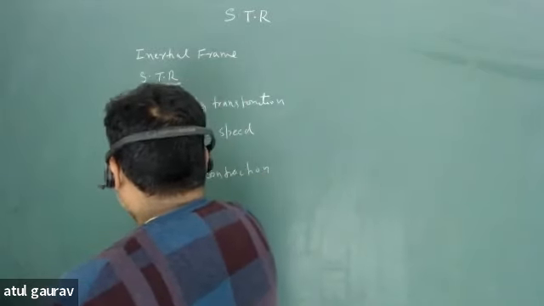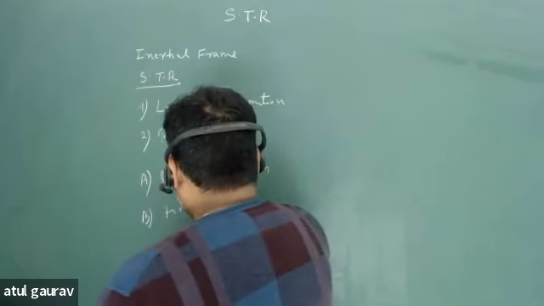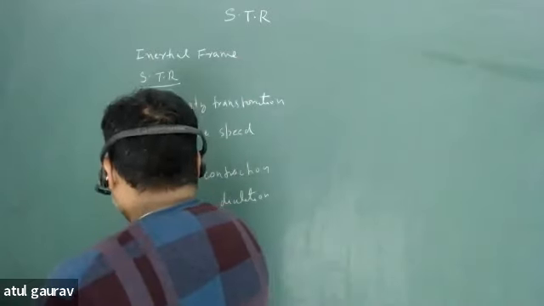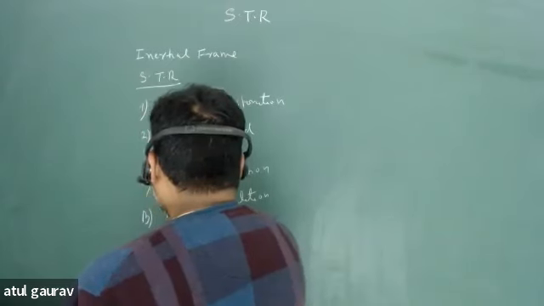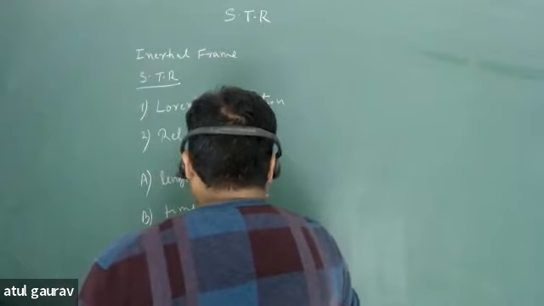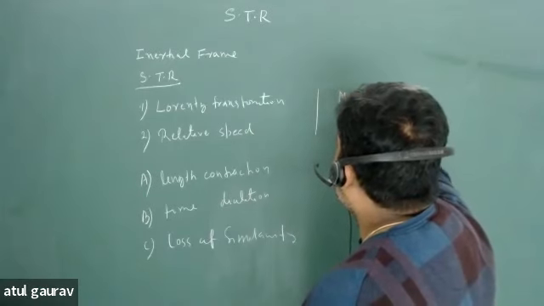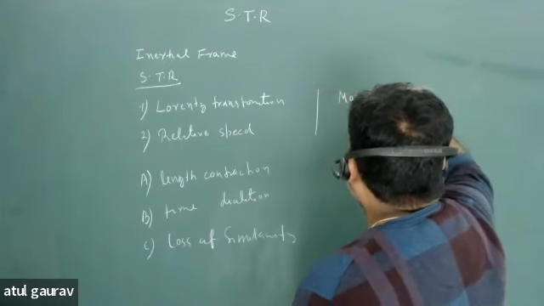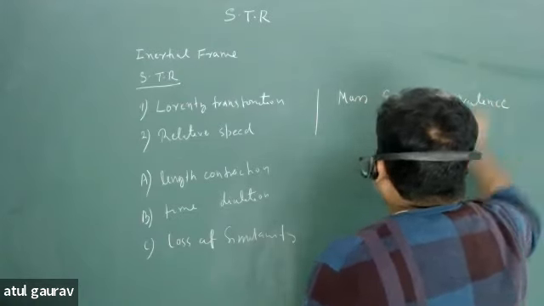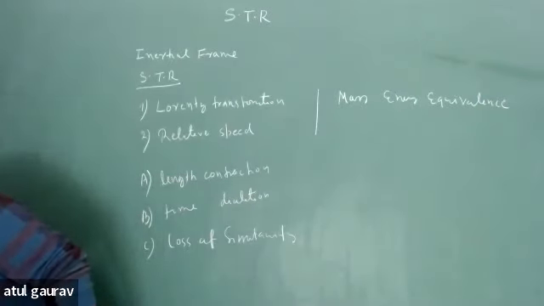The second is time dilation. And third is loss of simultaneity. And then we will move towards mass energy equivalence, where we will learn relativistic mass and the theory of